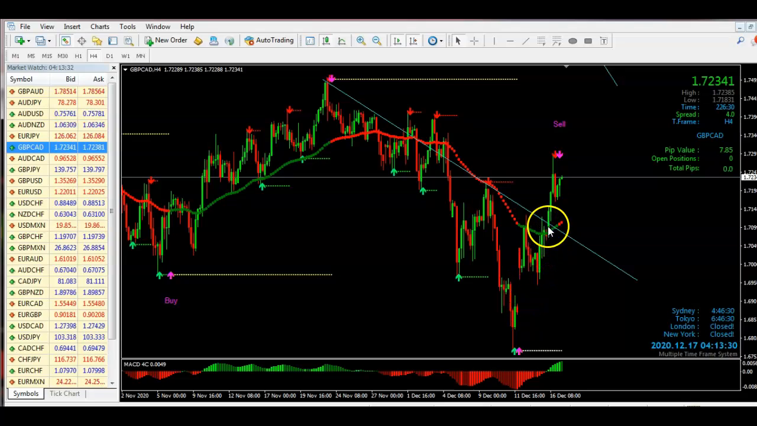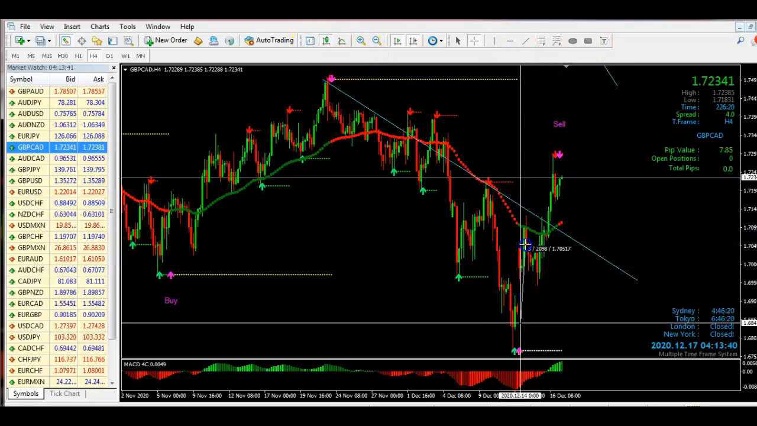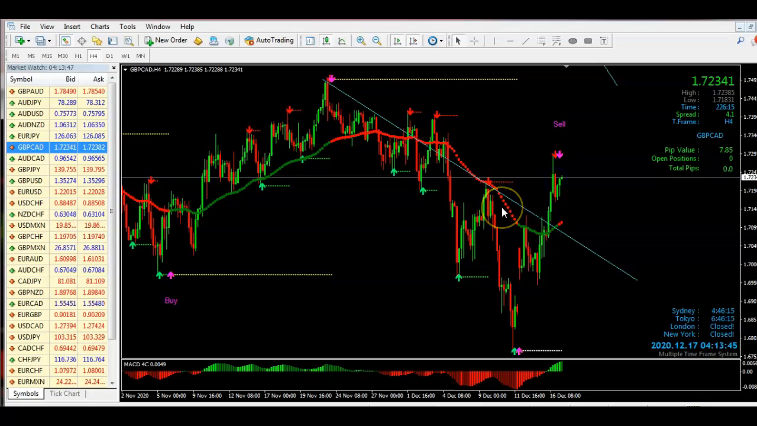It gapped and it went all the way past. That's a lot of pips right there. Now, I don't understand yet. That's 200 pips right there. That trade went almost 400 pips. I don't understand still why,